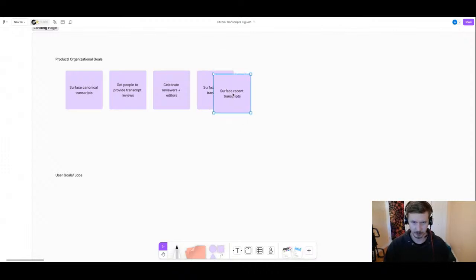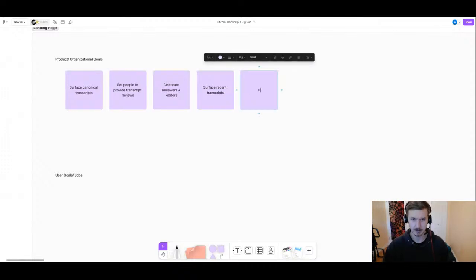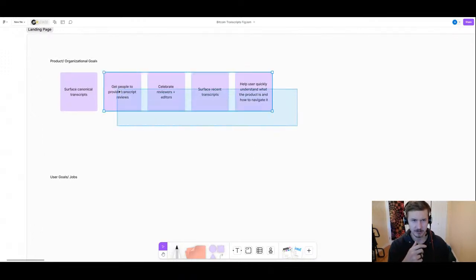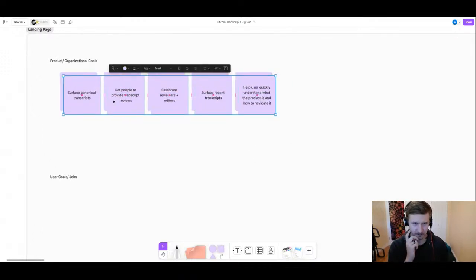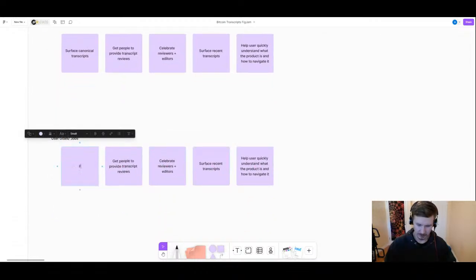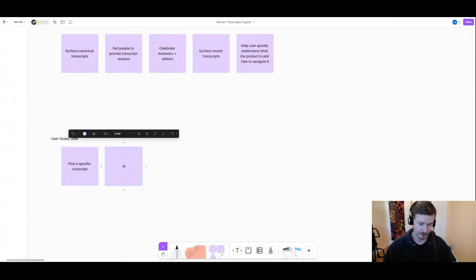Maybe another one is to help clearly articulate the product goal. Users quickly understand what the product is and how to navigate it. Those are me rehashing goals that already exist, written in another document. And then user goals are find a specific transcript, or jobs. I guess a job is help me. I want to,